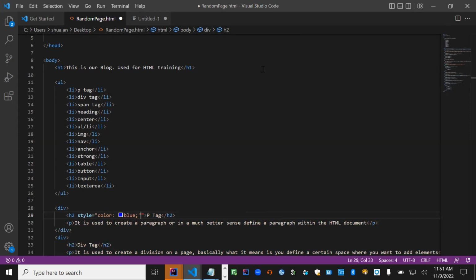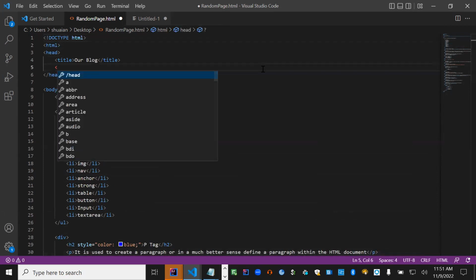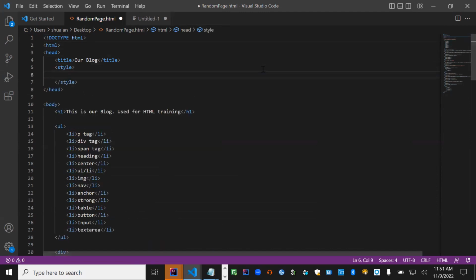Yeah, something like this. So this is called an inline style. Or if you are using the style tag here, then that will be the internal style sheet. And if you are using an external style sheet, then that will be called an external CSS. Now, you will get to know why it's called cascading, because if you use